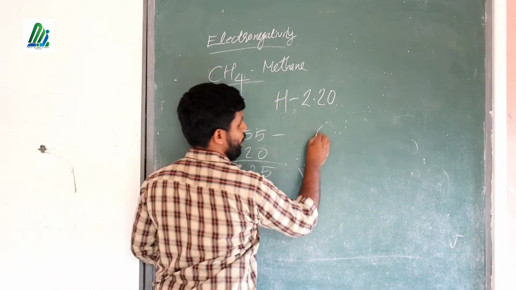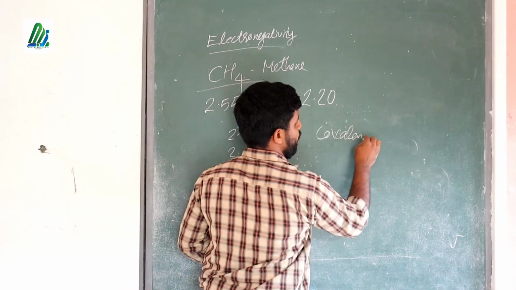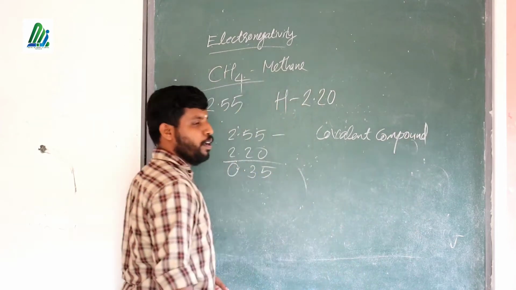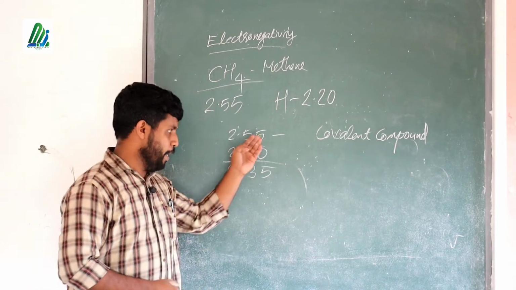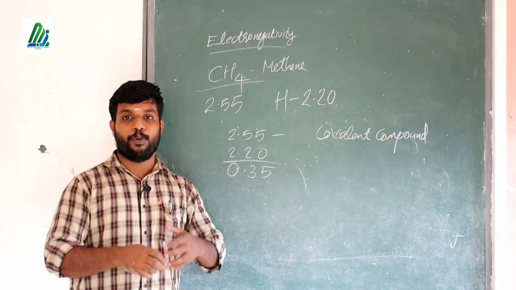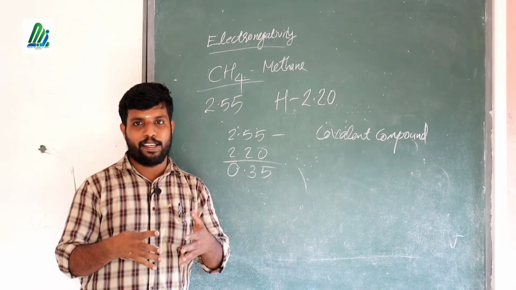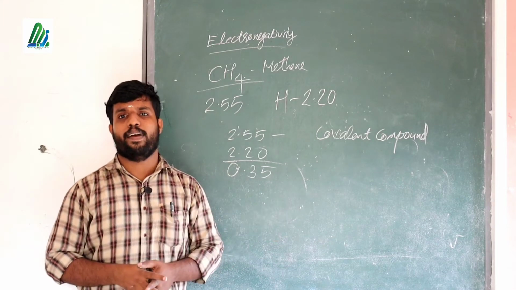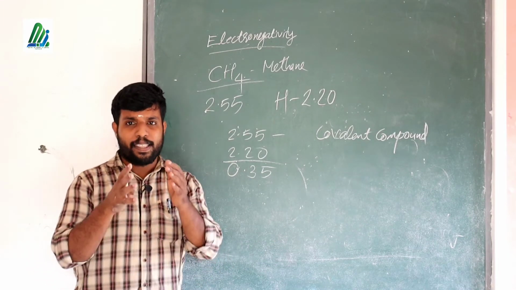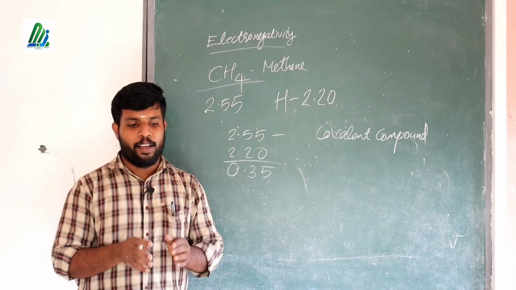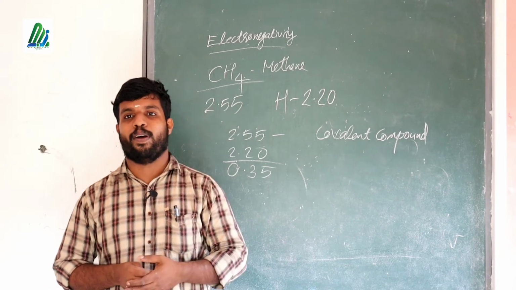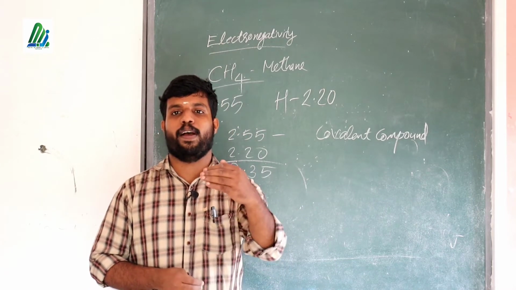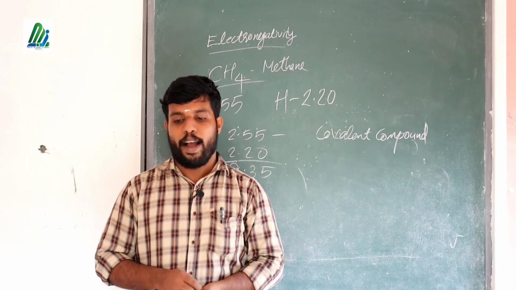So CH4, methane, is an example for what? Covalent compound. It's an example for covalent compound. Could you get the idea related with the electronegativity values and how you find whether the compound is covalent or ionic? So it is easy to find whether the compound is covalent or ionic. This is an important thing you want to study well. You just complete the table that is given in your textbook related with the questions on whether the compound is covalent or ionic.